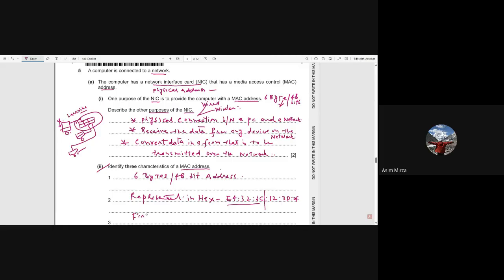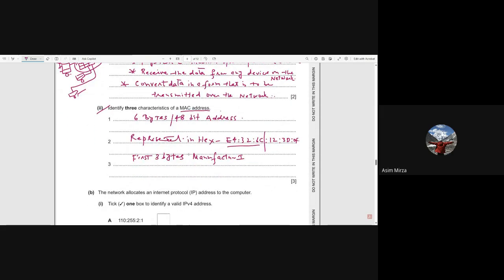The first three bytes represent the manufacturer ID, and the last 3 bytes represent the serial number of the device, and the MAC address is also used